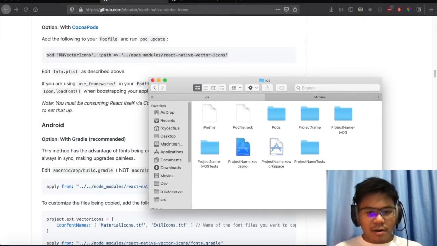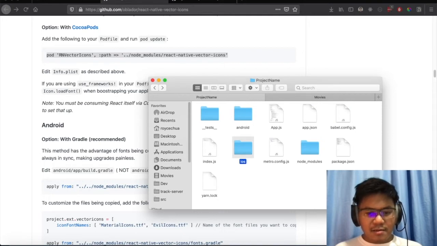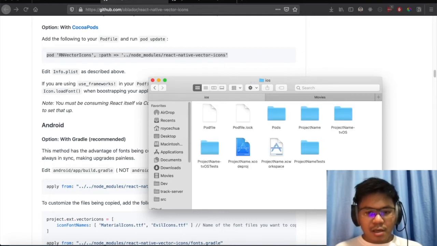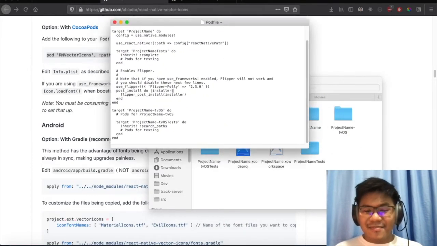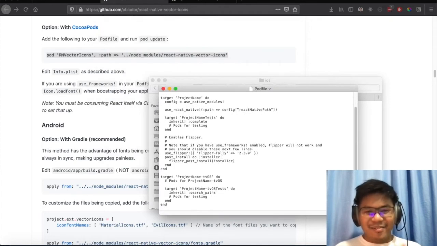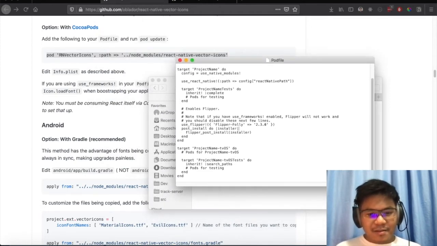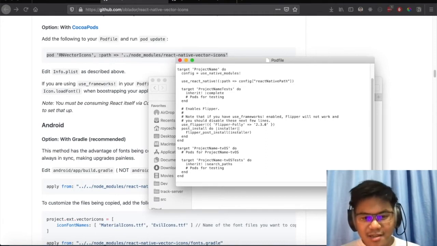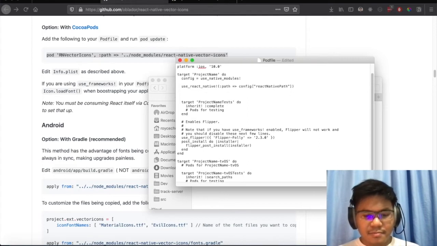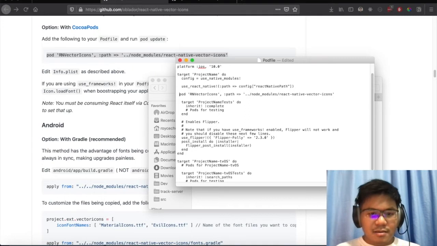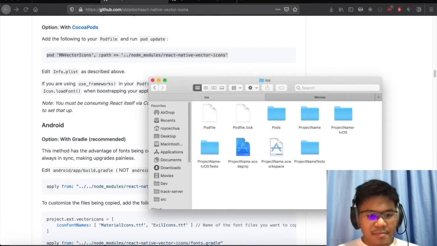go to our iOS project, and then go to the Podfile, and open it in your text editor. It could be TextEdit on Mac or VS Code, but for this purpose I'm just sticking with TextEdit for now, Notepad for Windows. So you will add it here, the pod. So let's just save it, and then